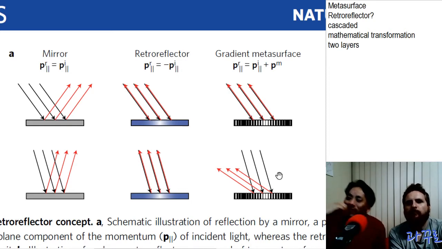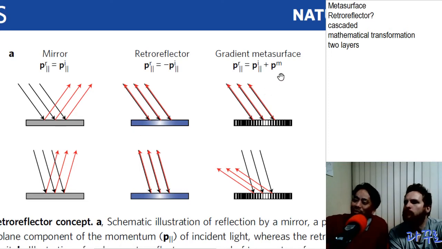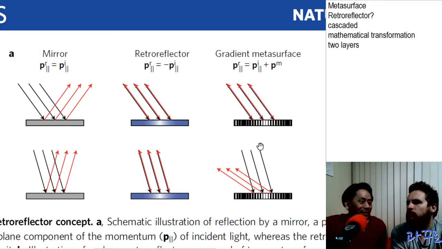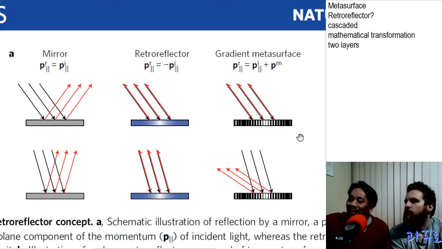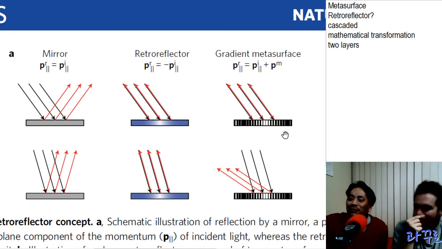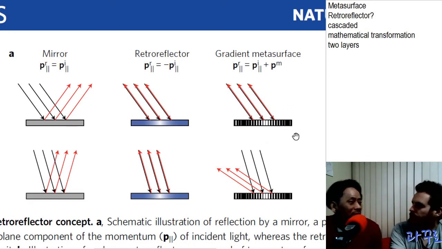What do you think they made, the middle one or the third one? I would assume that if they put the diagram here, they probably made both. Or maybe the middle one is to explain the concept, and the third one is what they actually made. Possibly, I don't know. But it's not very exciting if it works only at one angle. Well, there are certain applications where that could be useful,